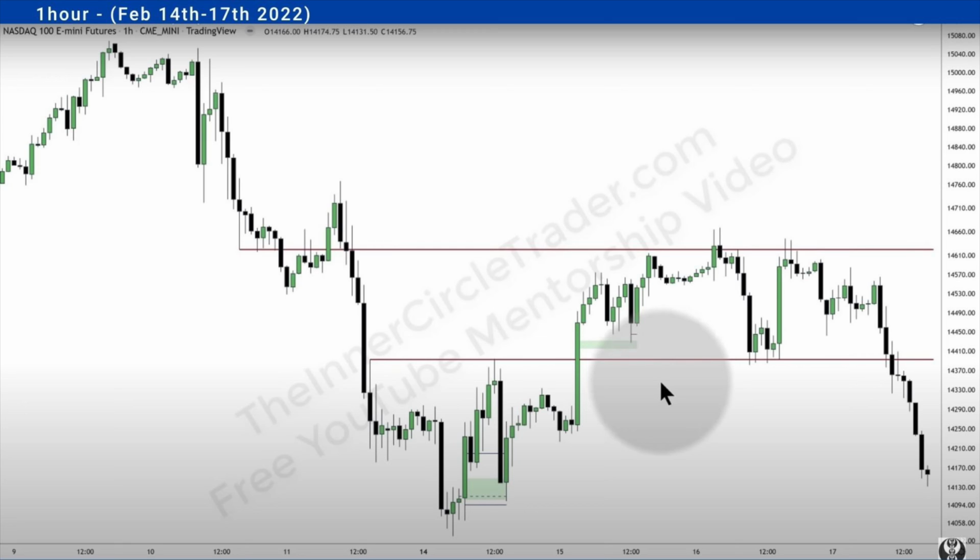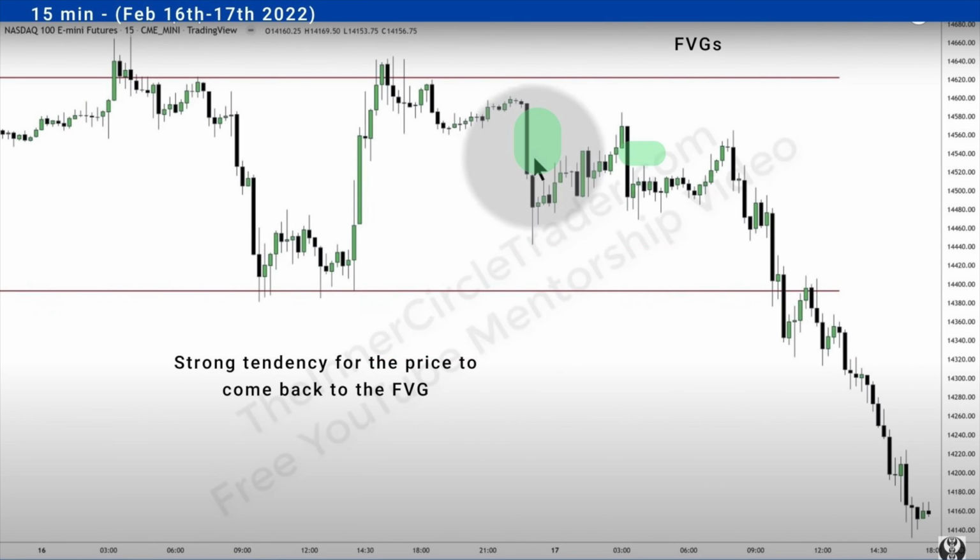So we see a first big fair value gap and a few others formed. We know that the price has a strong tendency to come back and tap back into the fair value gaps. So we need to keep that in mind. Now let's go to the 15 minutes time frame and let's look more closely at the 16th and 17th of